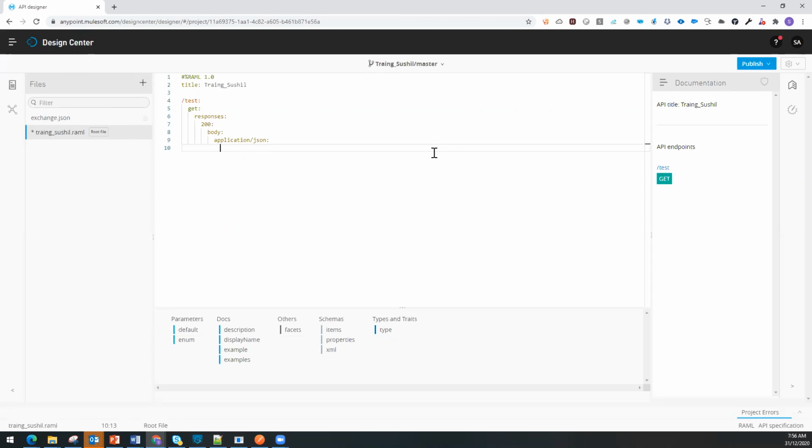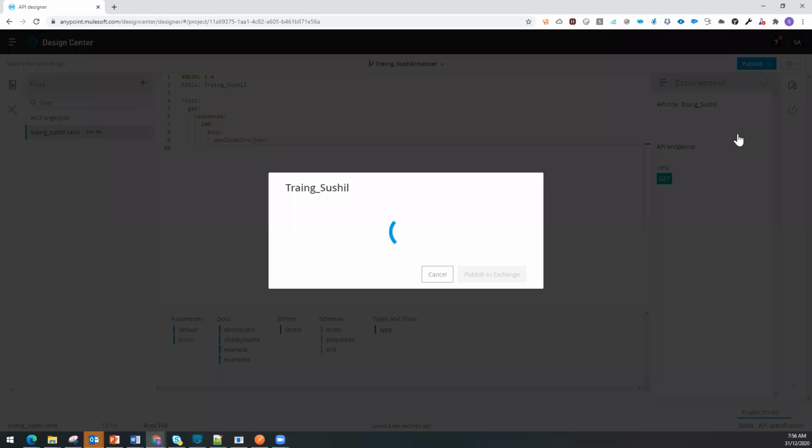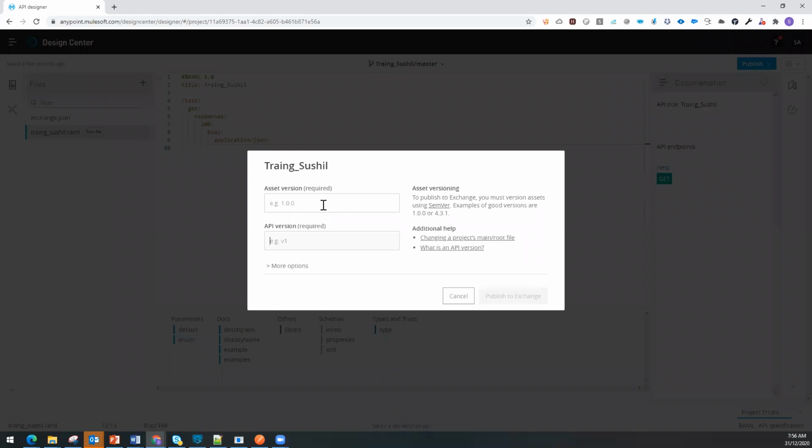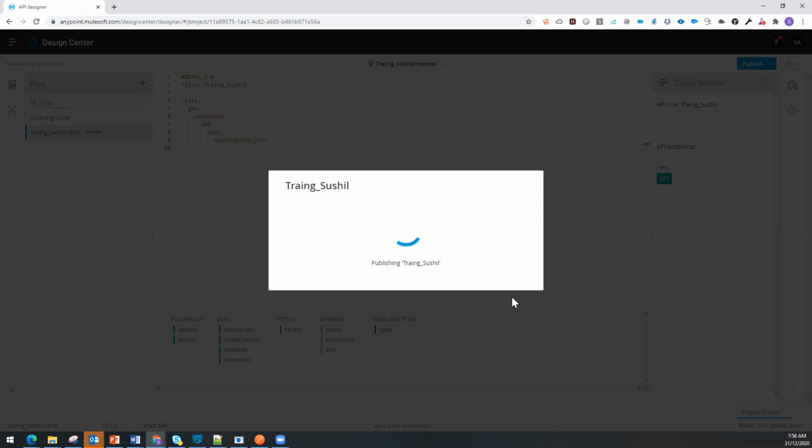Now what I need to do is publish this one to Exchange. There is an option here to publish it, so we can publish it to Exchange. Here we need to provide a version. Let's suppose you change something in the RAML, then after some time you can change the version. So you have version control here. Once you publish it to Exchange,